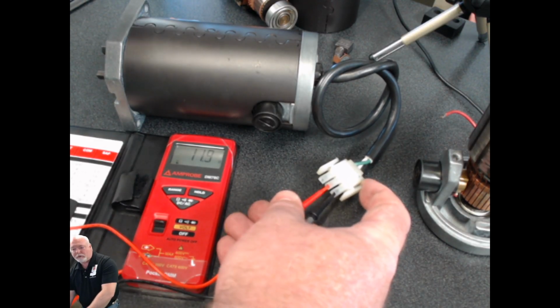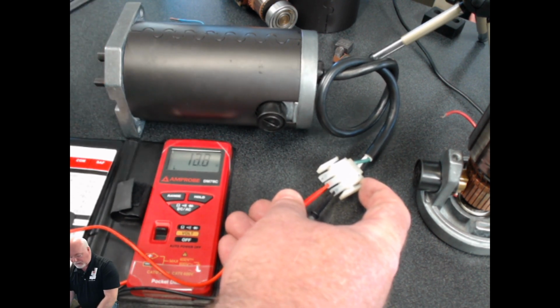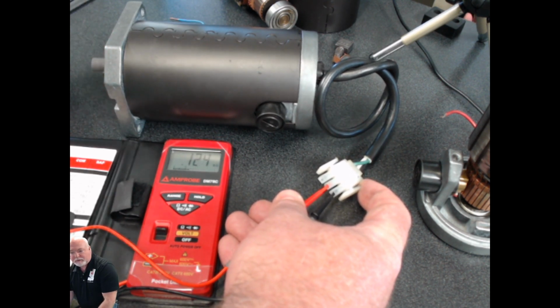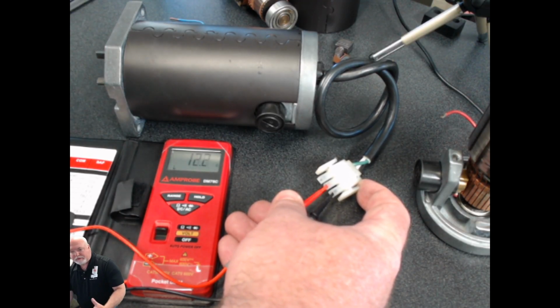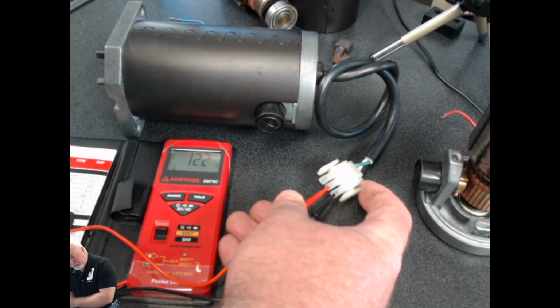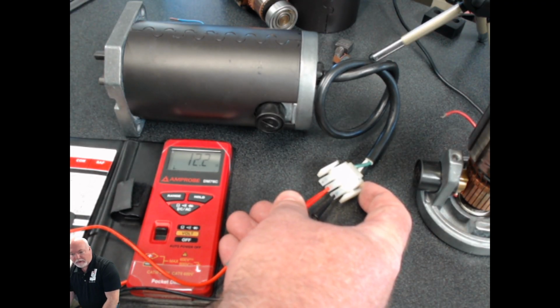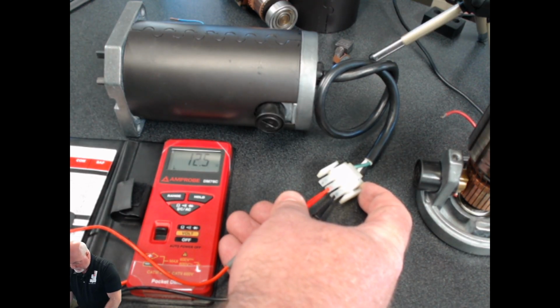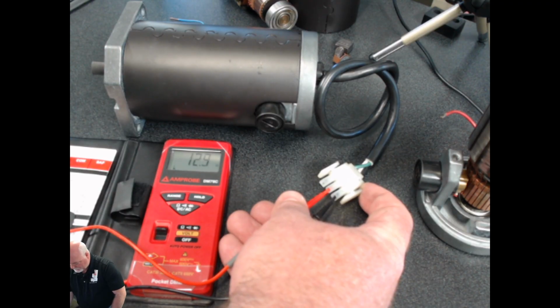As it is now, the motor is just here on the bench. So what I'm going to do is to turn the shaft of this motor. I'm just going to spin that shaft just a little bit. And that would do the same thing as if I was sliding the door. It would force that shaft of that motor to turn. So what I'm looking for now, you see I have 12.2. I'm going to turn it a little bit more. And this time I've got 12.5, a little bit more. This time I got 12.2 again. I'm going to spin it some more. I got 12.4,